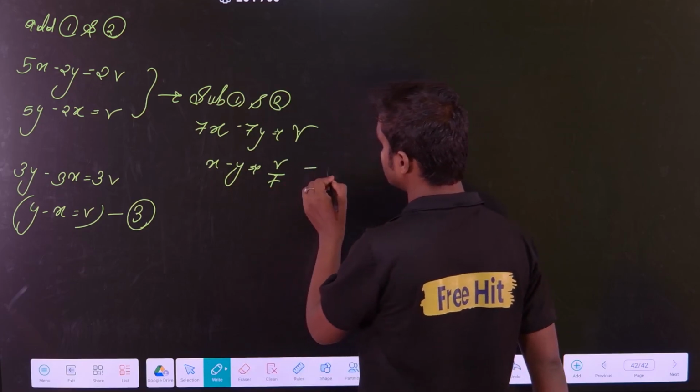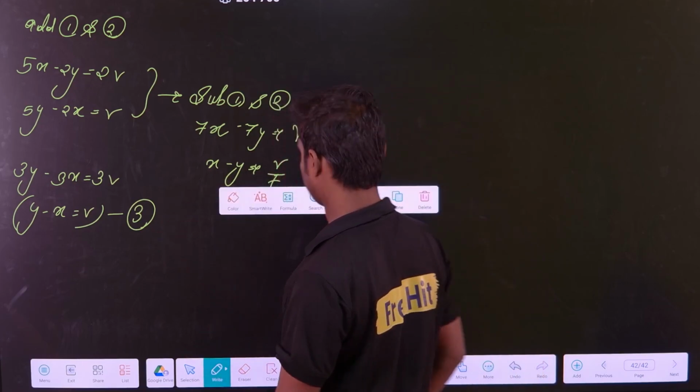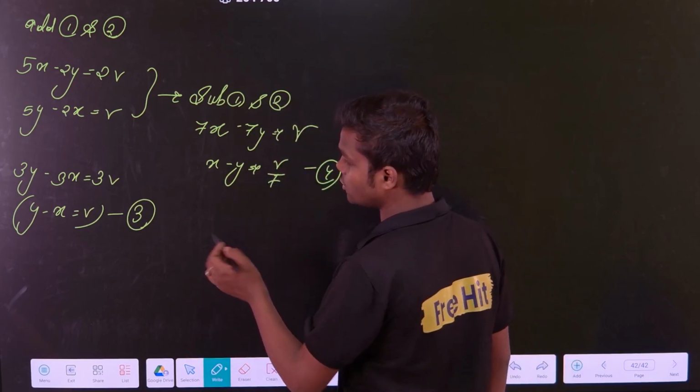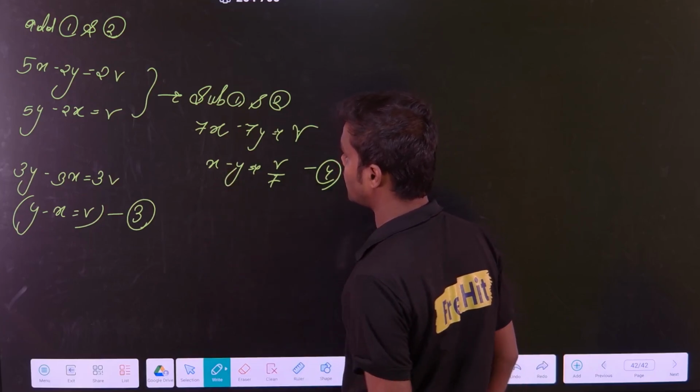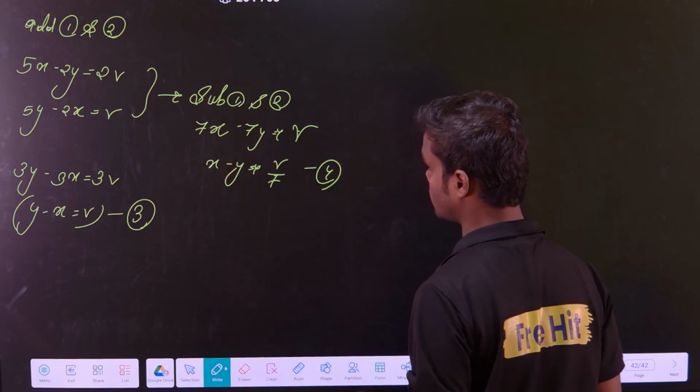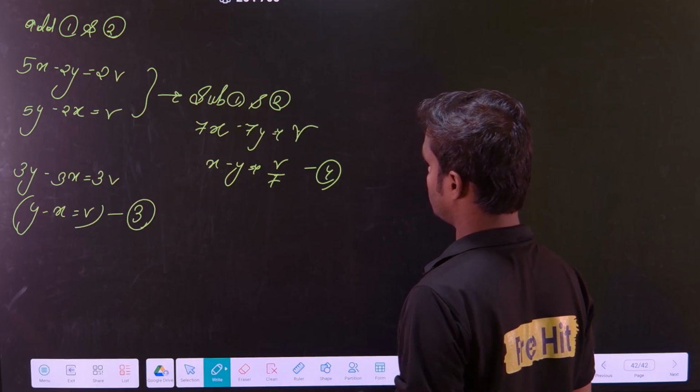Now you take this equation as 4 and now solve these two equations. How to solve these two equations? First you have to calculate x and then you have to calculate y. One minute. X you will get